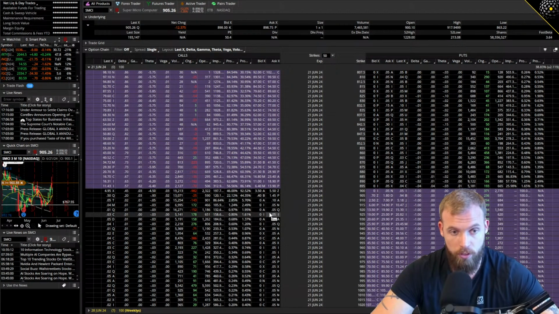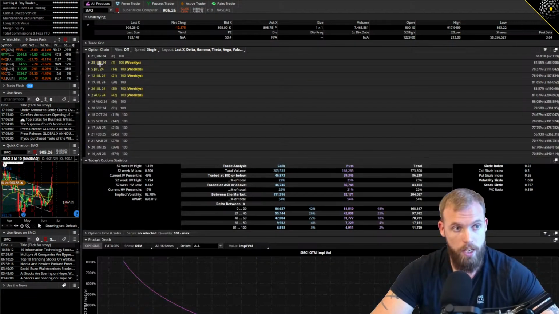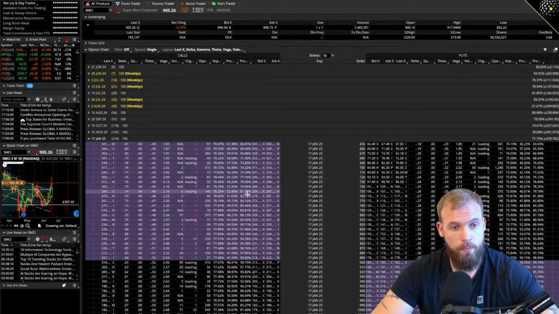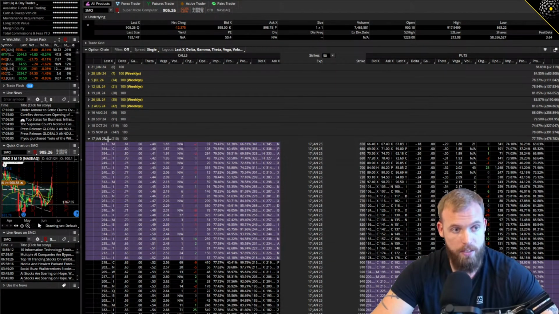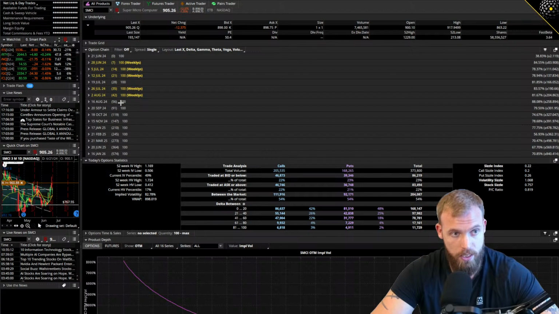So sooner or later, all of the extrinsic value is going to go away, all of it. So if you go further out in time, these options will have way more extrinsic value because the contract spans a longer duration. As we get closer and closer to expiration, extrinsic value declines, and it starts to decline precipitously